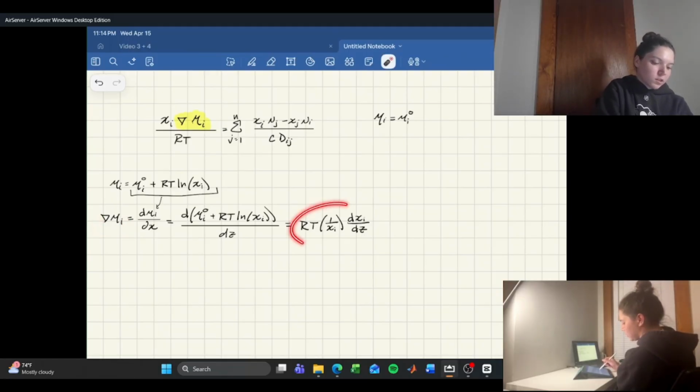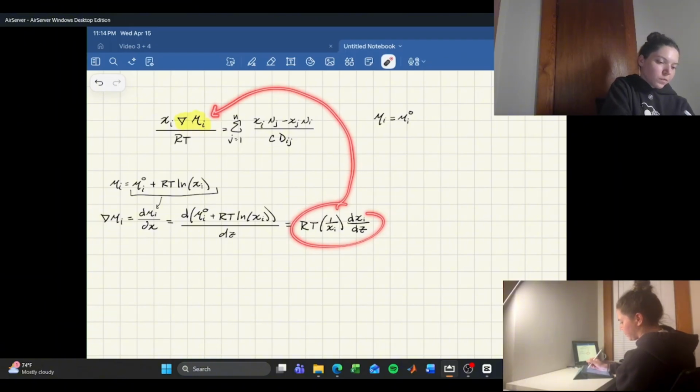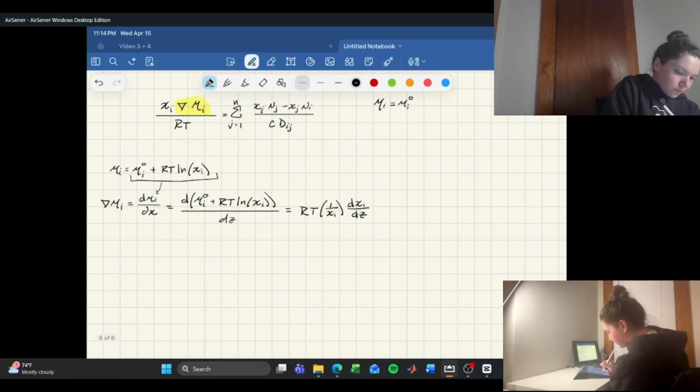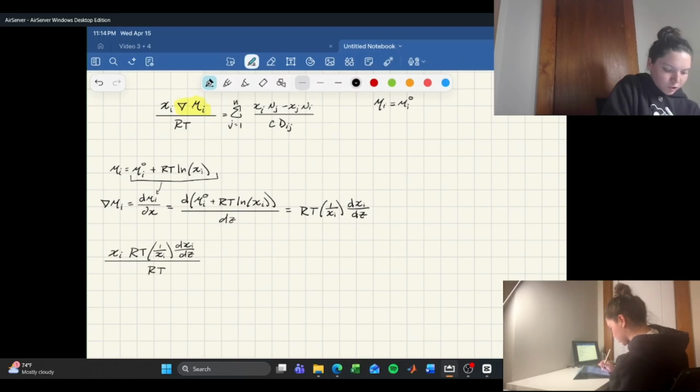So we're going to plug this in here, and I will rewrite that. This was the mole fraction of i times ideal gas constant times temperature times 1 over the mole fraction of i, dxi dz, all over ideal gas constant times temperature,